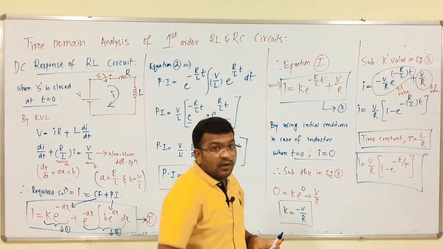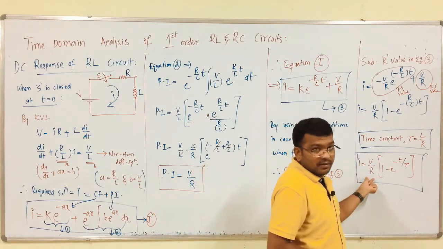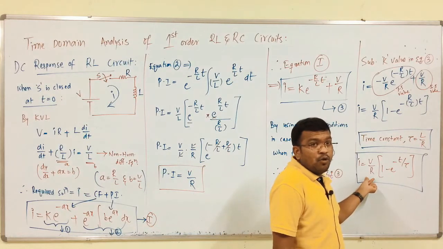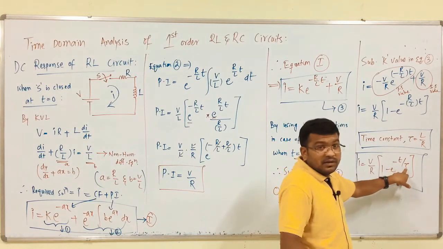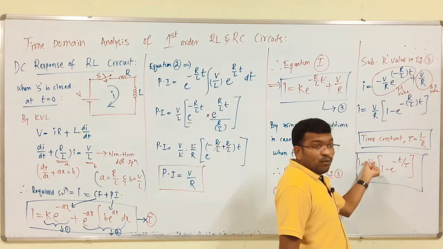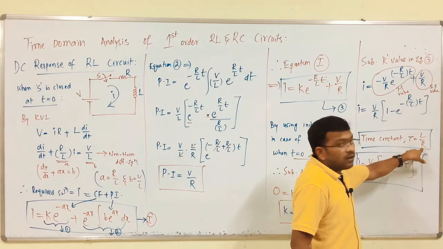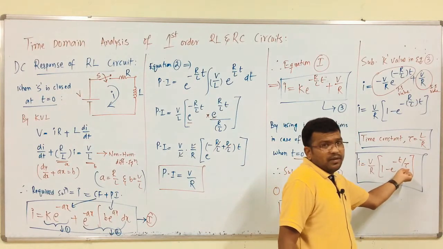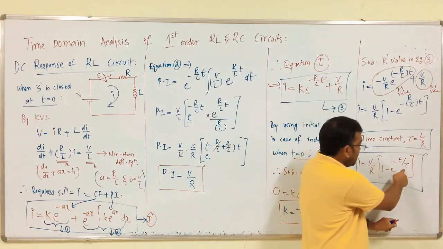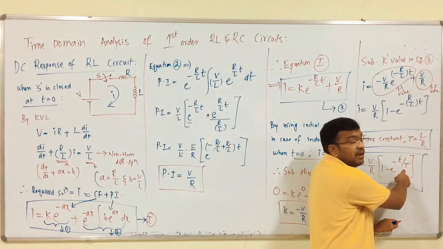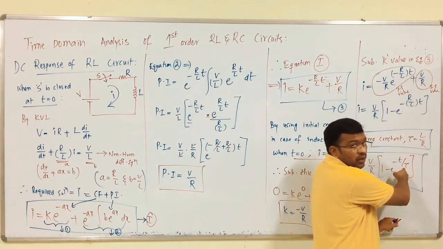See, look at the statement. In case of time domain analysis, what will happen if there is a change in the applied voltage, or any change in the value of L and R? That is nothing but the time constant, no. By changing the value of applied voltage, or by changing the values of any element, whether it is R and L, which in turn what? Changing the value of time only.